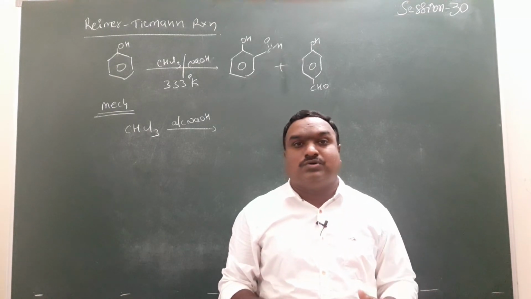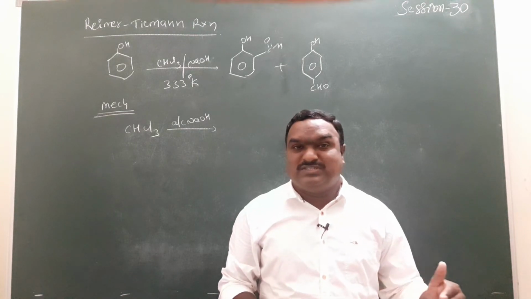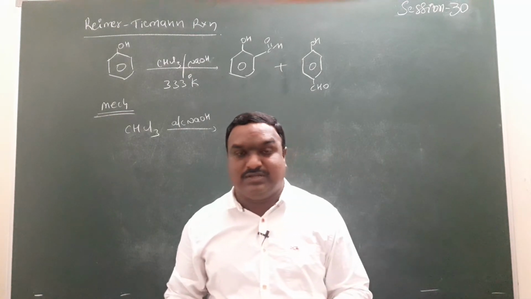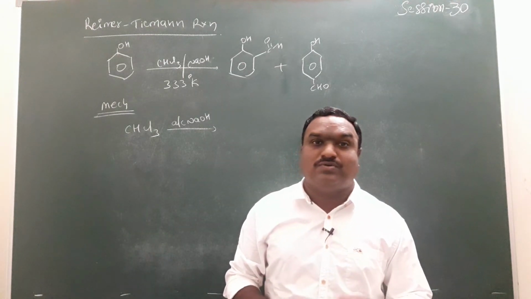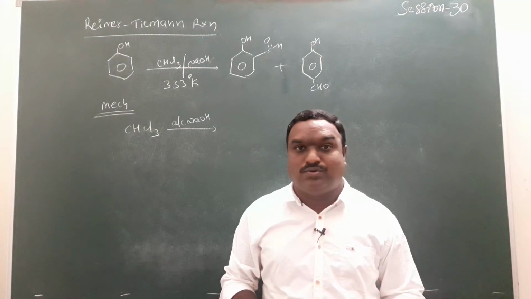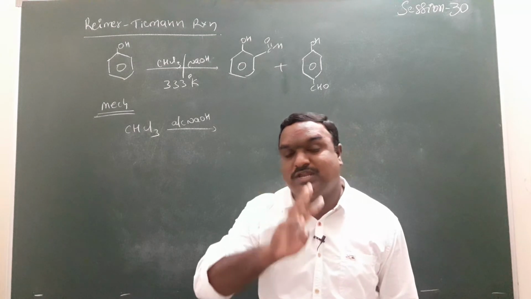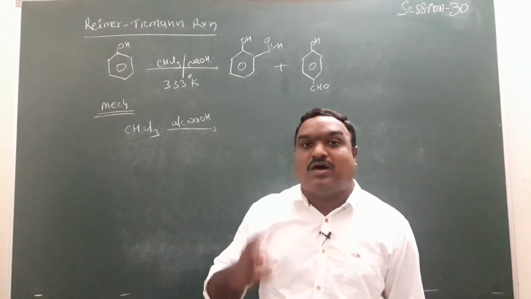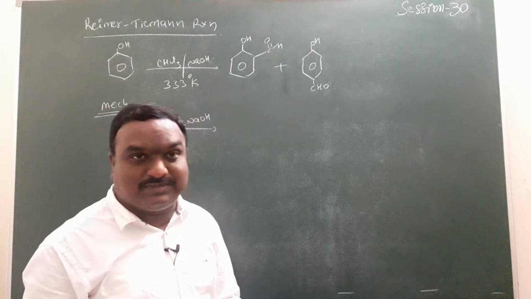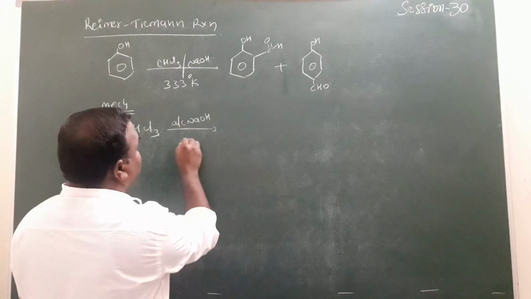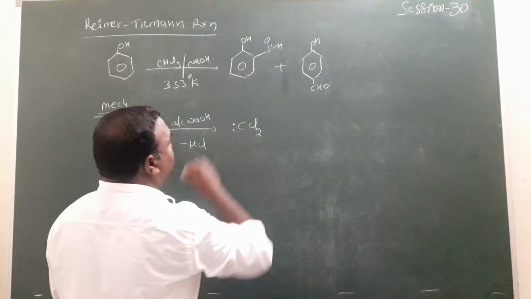So I already told you how to identify the elimination reactions. Based on the reagent we can explain here, because the reactant has 3 chlorines and no other carbons, only one carbon is there in chloroform. Chloroform is carrying how many carbons? Only one carbon. Remaining, how many halogens? 3 halogens. Here an alpha elimination reaction is possible. Alpha elimination takes place by the removal of HCl, then forms CCl2. Dichlorocarbene is formed here.